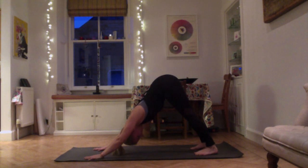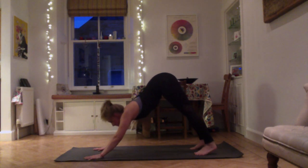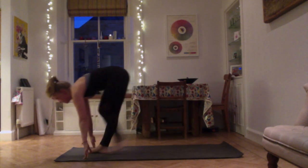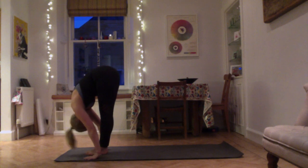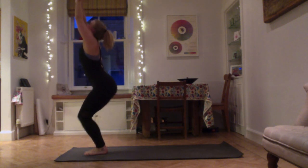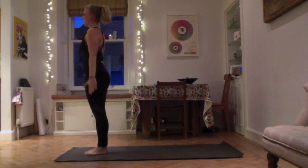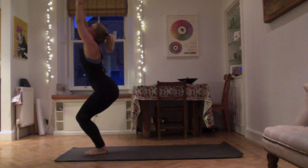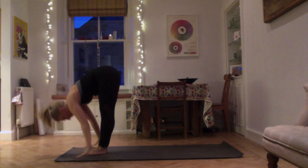Try and keep soft in your shoulders, keep your shoulders away from your ears. Keep your shoulder blades down the back. You want a straight back, looking between your hands, stepping forward, flat back, breathing out, fold forward, bend your knees, breathe in, arms up, straighten your legs, breathe out. Breathe in, bend your legs, hands touch, breathe out, fold forward,